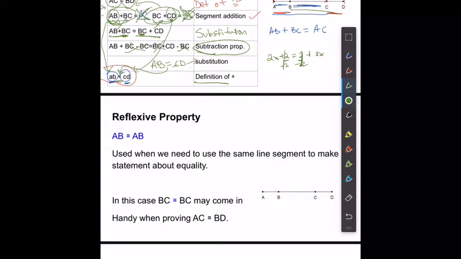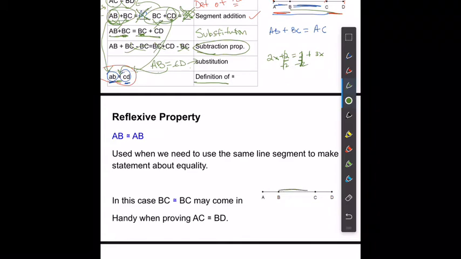Anyway, let's keep going. The reflexive property basically just states that this, like you could say AB is congruent to AB or BC is congruent to BC, and you'll see why this is handy here when we do this one. So it says this is used when we need to use the same line segment to make statements about equality. So in this case, we could say,